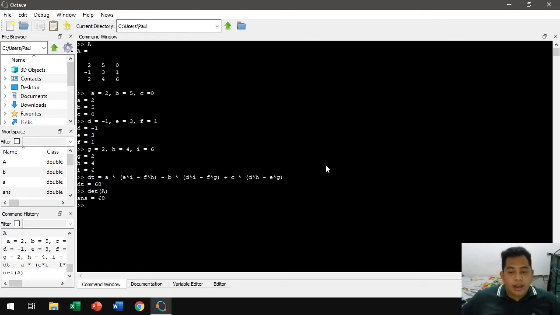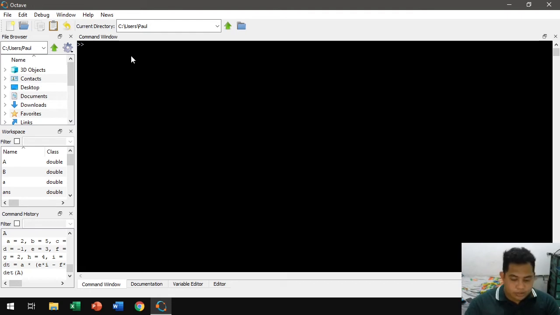Next, let's try adding and subtracting matrices that do not have the same size. Let's create new matrices. Let's clear this one. Matrix C is equal to 2, 4, 5, 1, 0, 2.